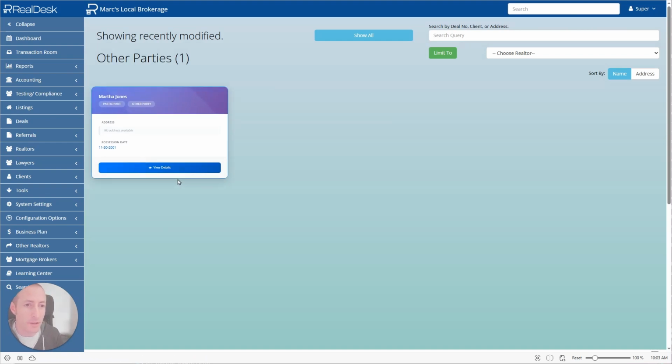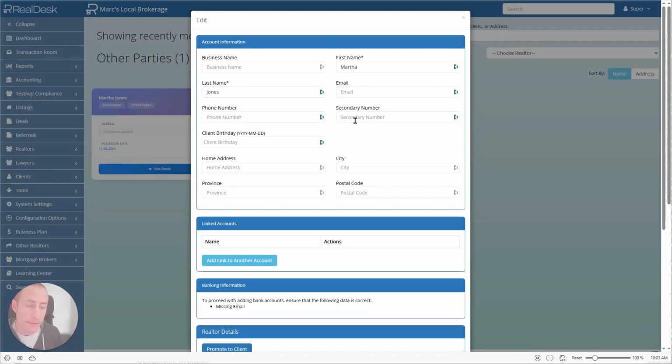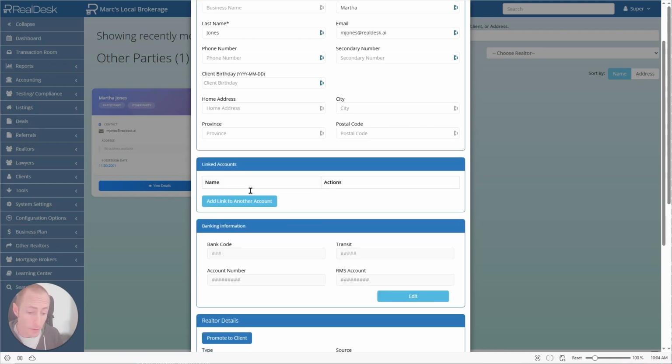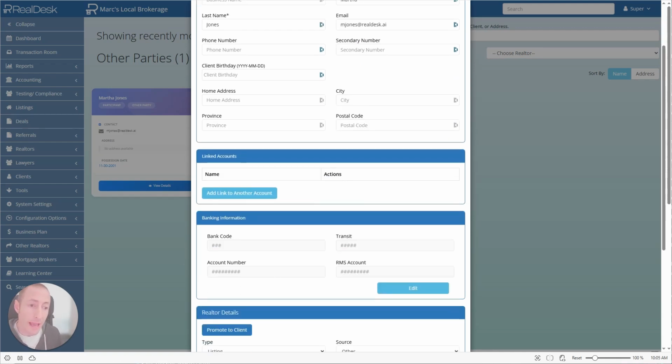Now we're going to change the text size here. This font size is a little bit small, so we'll clean that up before we release it. But you can see basically her details. And then if I want to, I can click on here, and I can add additional information for her, like an address, like an email. And if I do add an email for her, I'll also be able to add bank account information